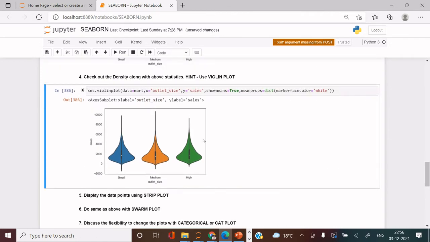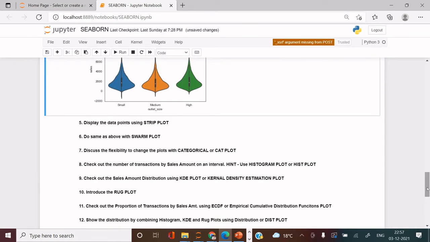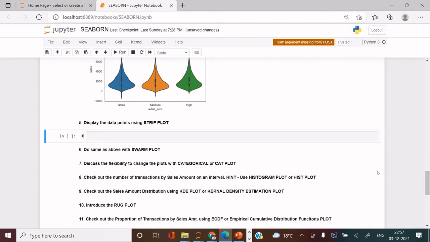So this is why we use the violin plot, because we have used all these options, so that is applicable on box plot over here. If you want, you can hide the box plot again. For that you can see the detailed video. Now if you want to see each of the data points, how can you see that? For that you're gonna use sns dot strip plot, and in that you need to supply data equals to mart,